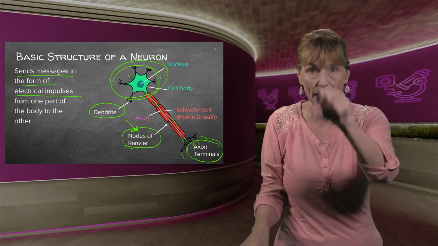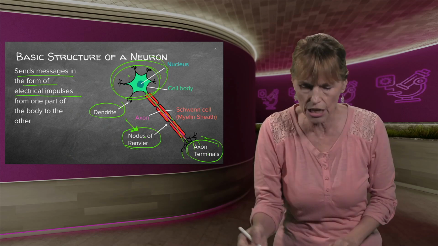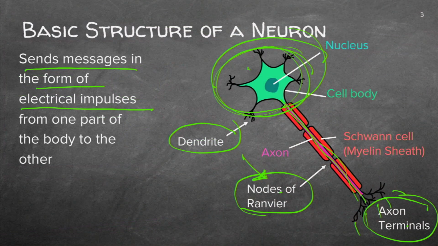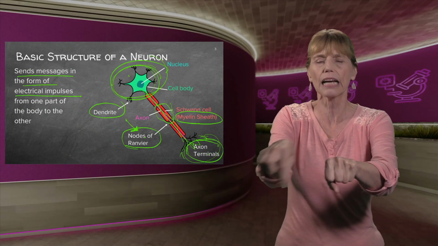So your basic structure of a neuron, you've got your dendrite, you've got your axon, and your axon is long. It runs along here and it has little terminal points. You have your Schwann cell, your bread roll. Don't write bread roll. And with the myelin sheath, which is a covering, which keeps the impulse inside.